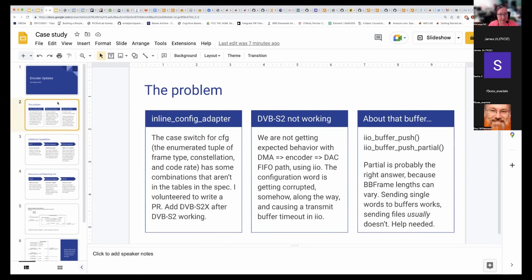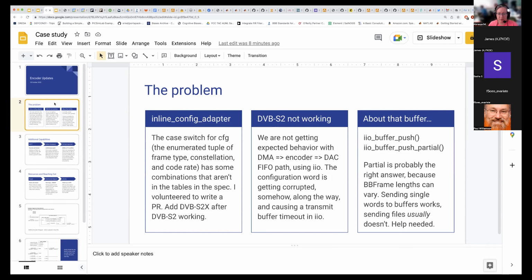And then I think we should really start looking hard at adding DVB-S2X after we get DVB-S2 working. And DVB-S2 is not yet working completely. We're not getting the expected behavior with DMA to the encoder to the DAC FIFO path using IIO, or industrial input and output, a really powerful library. Using these calls is a different approach from writing low-level DMA code or using the old Mykonos